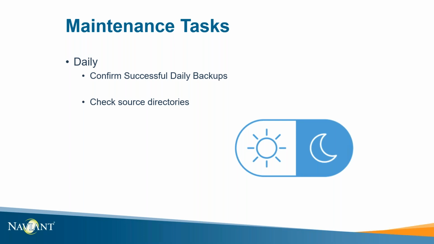In addition to scheduled processes receiving all targeted documents, the proper processing of all of those files should be checked daily. One way of confirming this is to verify that there are no new system unidentified items. This combination of checking the source directories and for new system unidentified items is a simple way to make sure that documents are properly entering the OnBase system. It's also important for the OnBase admins to verify that document locks are not present to ensure that all documents flow through the normal processes. Document locks can prevent users from accessing or processing the locked document.